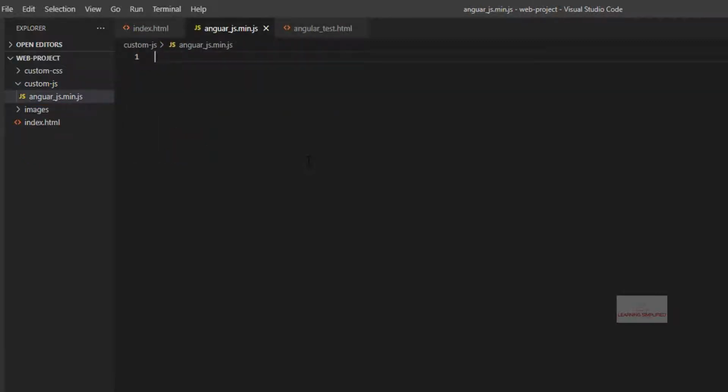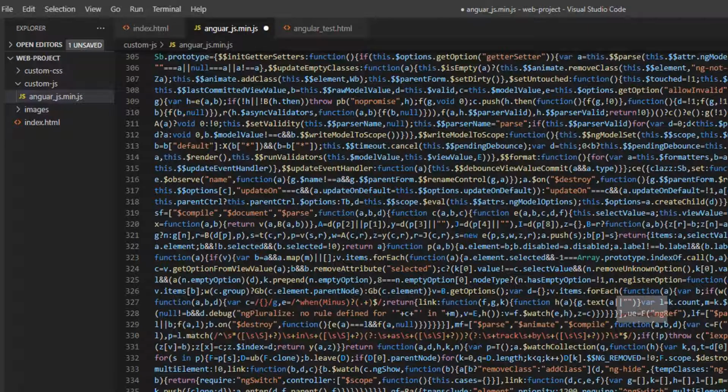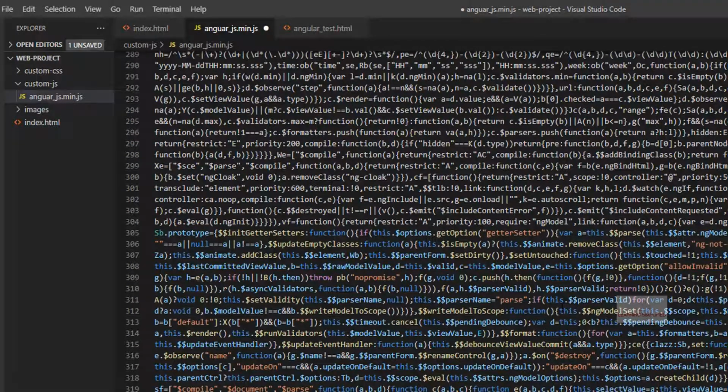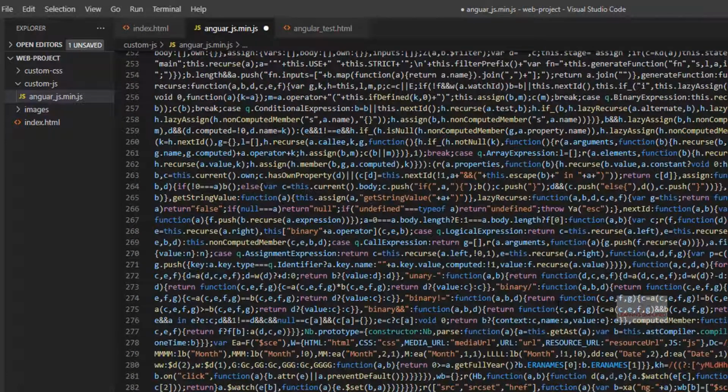So here it goes. We have practically created a JavaScript file. Now we will be pasting everything that we had copied from here. There it goes. We have copied this thing, and now we will be pasting all of it right over here. And what we are about to do is press Ctrl S.